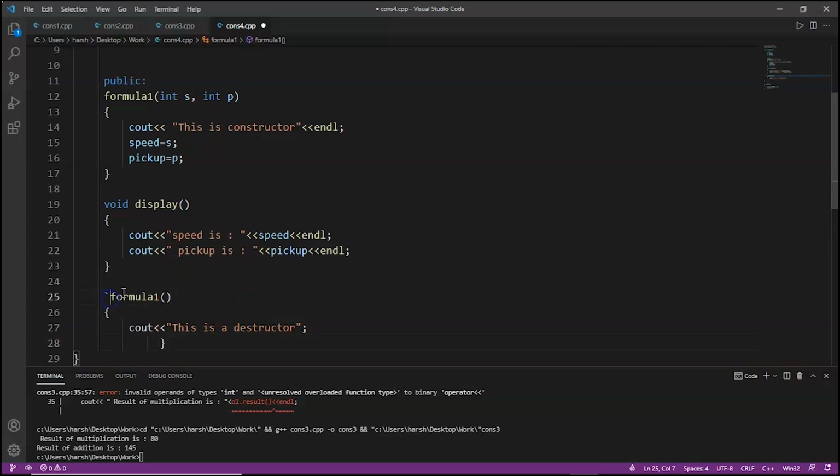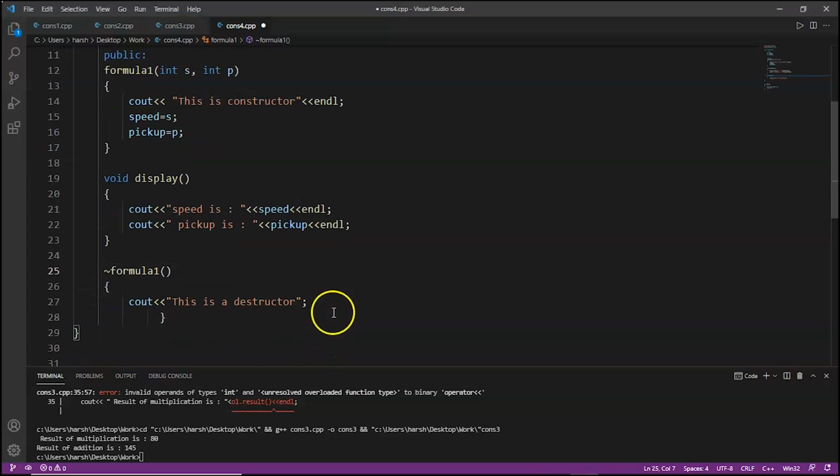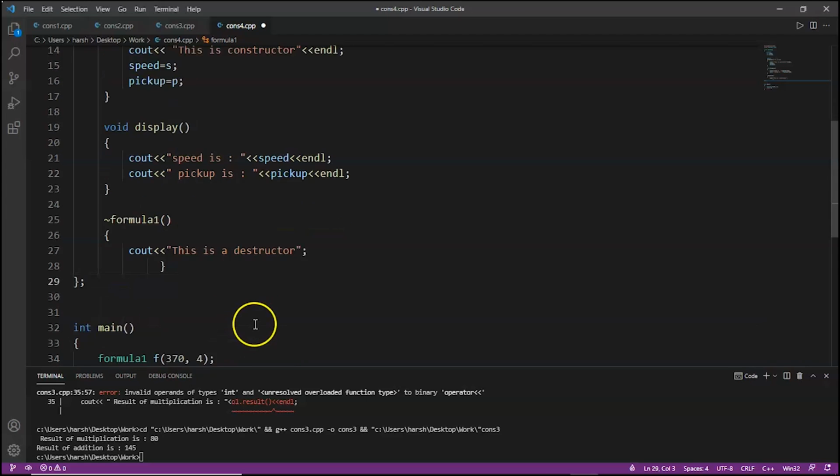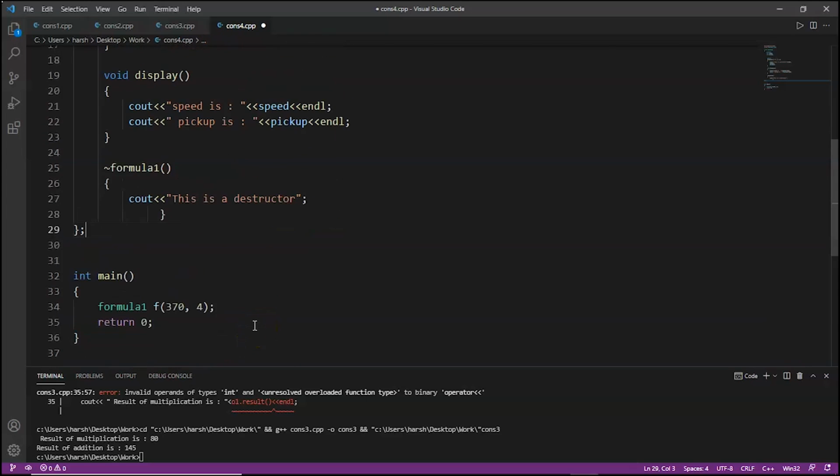Now we'll write a semicolon after the class, and so first of all, as the object is created,